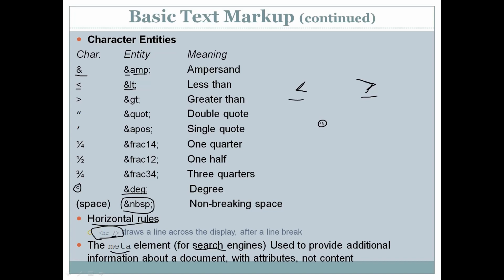Metadata will not be displayed on the page, but it is parsable data, meaning other services can view or check the data. Metadata is used by browsers, and it can be used by search engines and other web services. So you can use metadata or meta elements in your web documents.